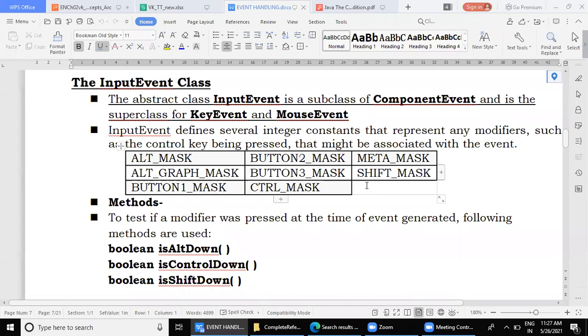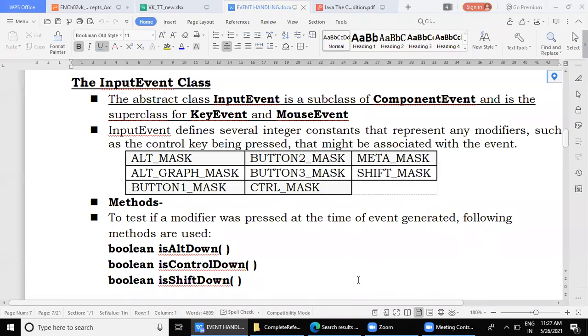But if you study like this, you will not be able to make the connection. So we tried to understand the connection between the action listener and the action event class. Listener is an interface and action event is a class. With this program, I tried to demonstrate the relationship between these two.